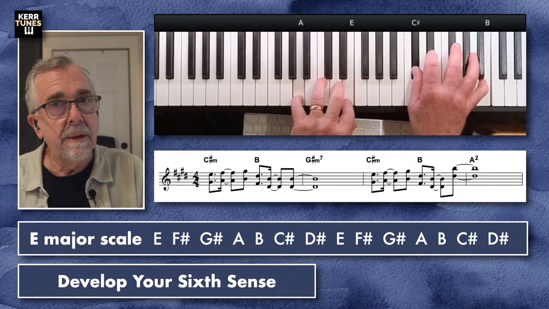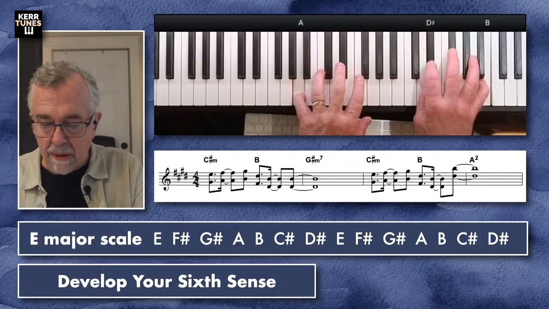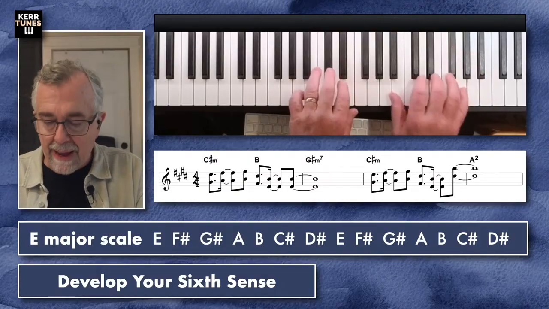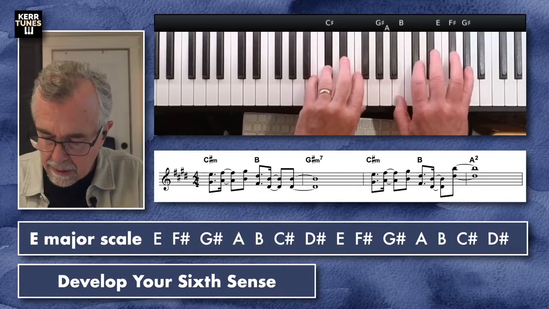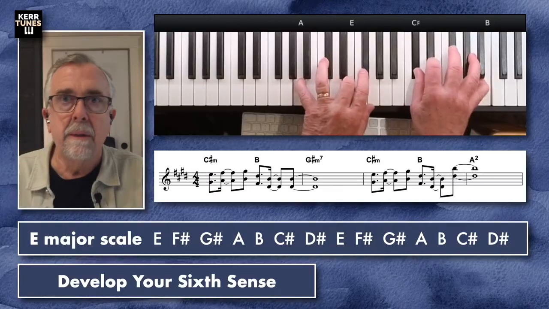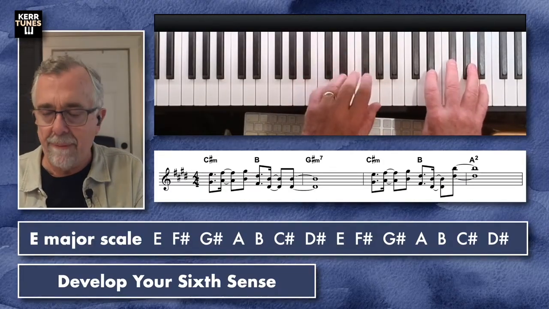So you can end up creating a 6th below the D sharp as well. In fact, I'll just illustrate that. Yeah, and sometimes you have to play,